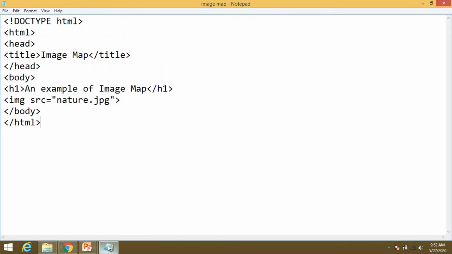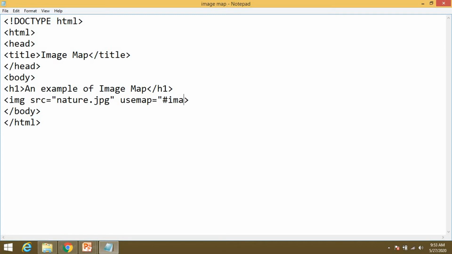So an example of image map, an image, we can see in a browser also. Now next, the very important thing is that you have to use usemap in the image tag. Use usemap equal to, and you have to use a hash, and then the name of the image map.